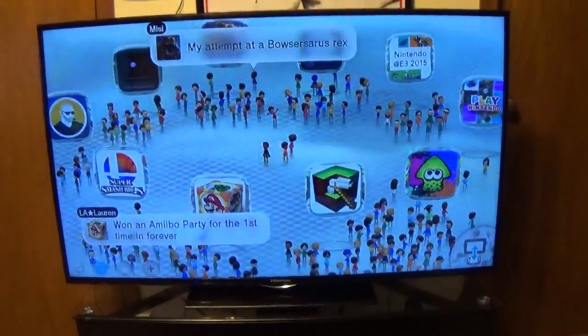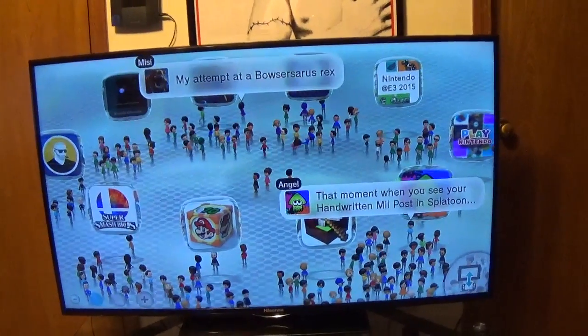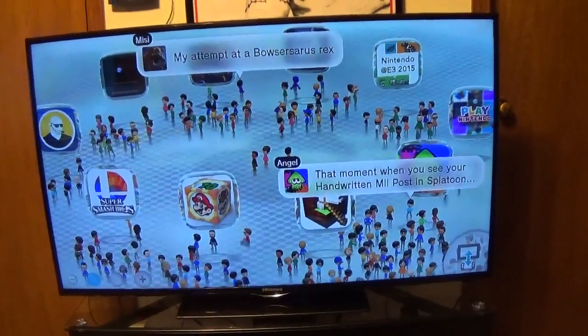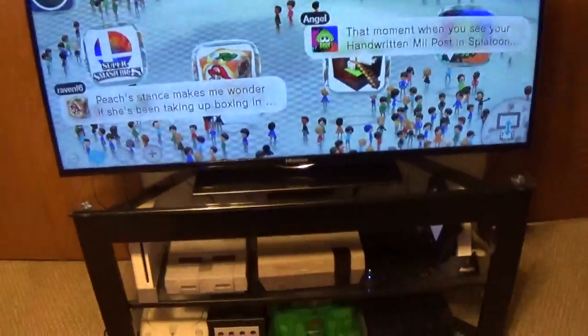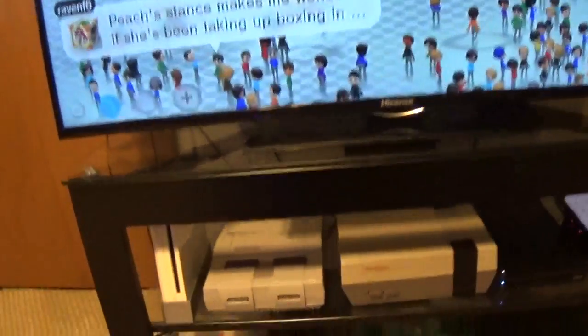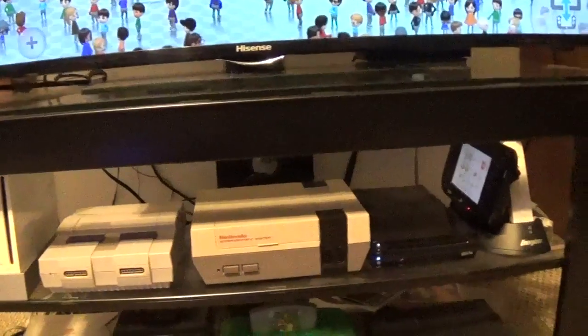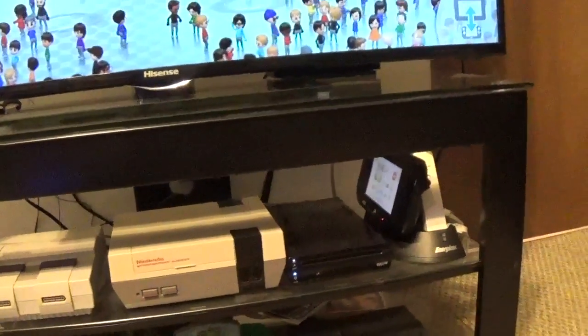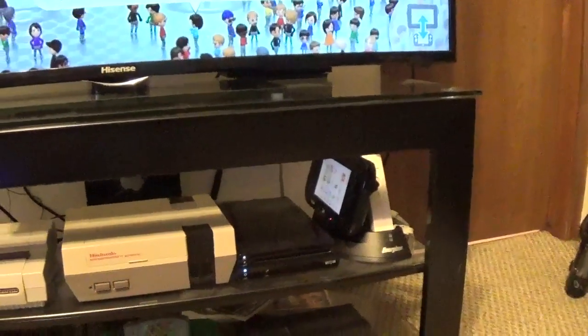Here we have a 50-inch Hisense 1080p TV that I have most of my Nintendo products hooked up to. As you can see below it, I have a Wii, Super Nintendo, regular Nintendo, Wii U, my charging station for my Wii controllers, and my